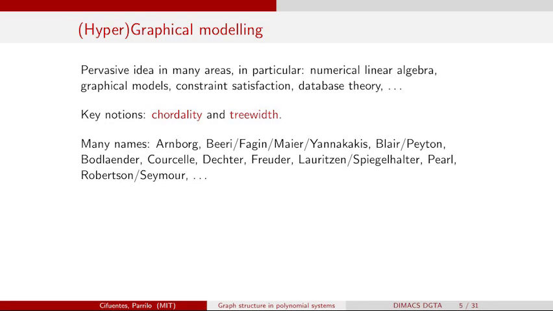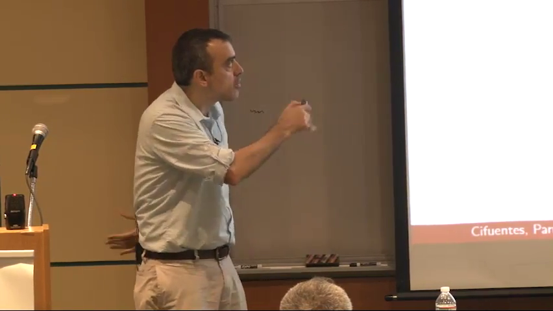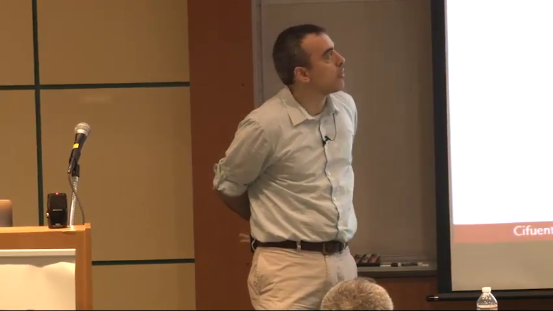So there's a lot of names. This is not a formal survey, but depending on which areas you're coming from, you may hear all these different names associated to this set of ideas. So for instance, if you're a linear algebra person, the work of Blair and Peyton on sparse factorizations should ring a bell. If you're a graph theorist, the work of Robertson and Seymour in graph minor theory is very related. If you're a logician, the work of Courcelle in second order logic. There are a lot of independent directions, and somehow this all comes together in terms of these notions. And what I really want to explain again is why these notions are so important.